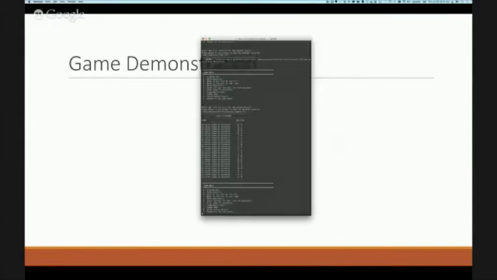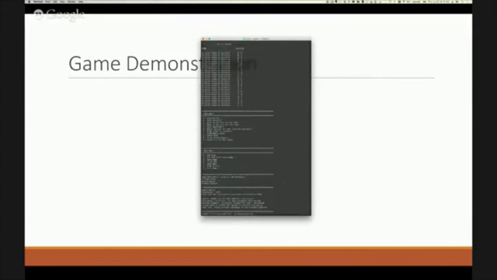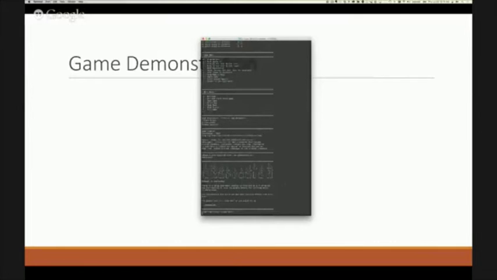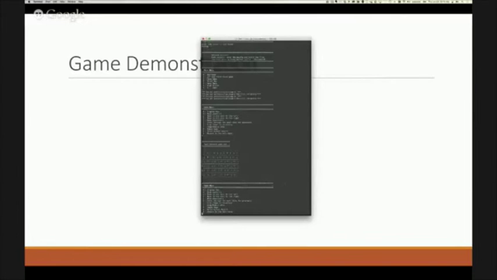Now, unfortunately, the game is not complete, so we weren't able to complete the full game. But I would like to demonstrate some of the capabilities that we have created in the game. So first of all, executing the game and the entrance banner, entering my name, so creation of a new game, it's working fine. I can display the map, and it shows my initial position by the hash character, and now I can move the player around,